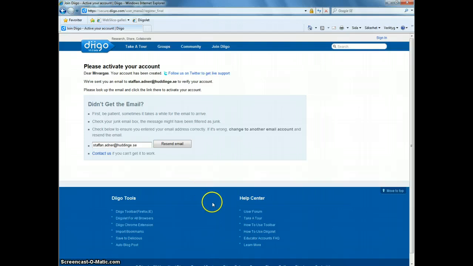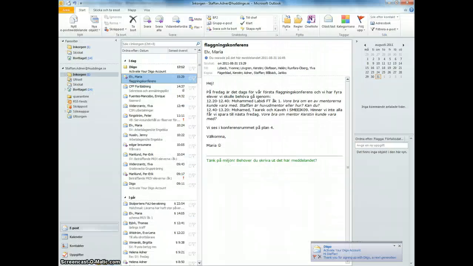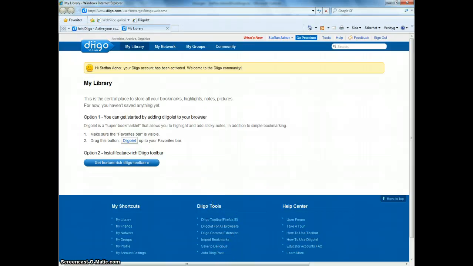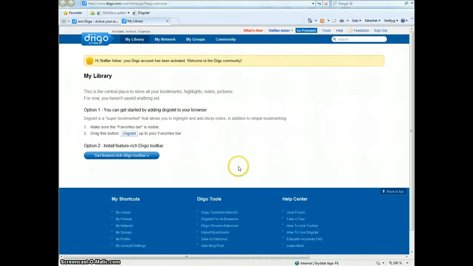Then you wait a little while and it will pop up in your email account very soon. There it is. And then you go to your email and you press activate the account. And now you want to